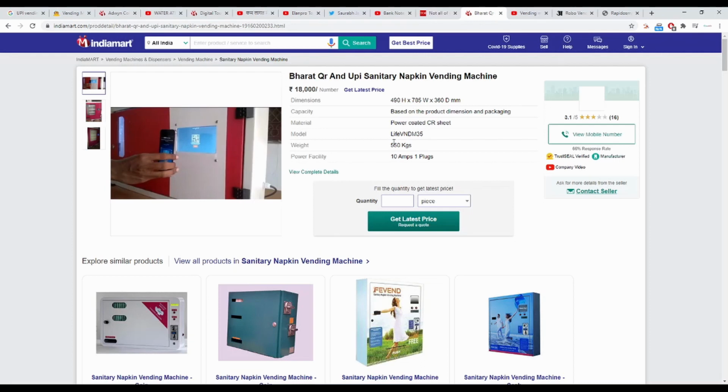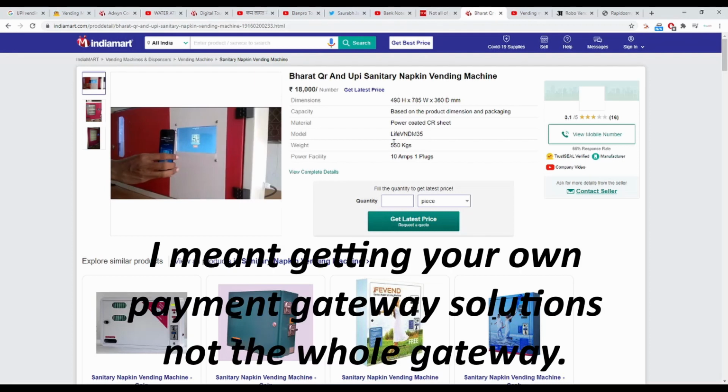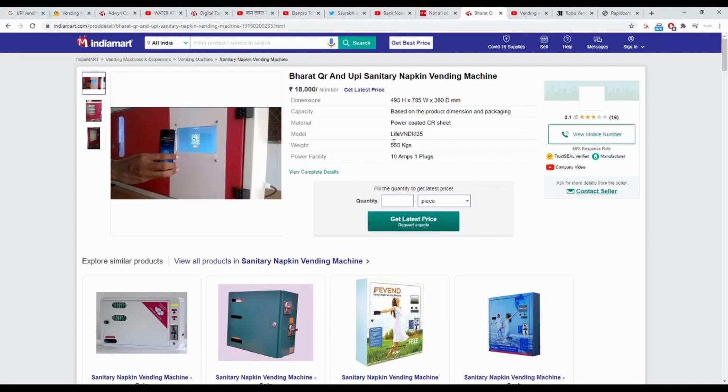Otherwise, the end customer who is, let's say, putting up a tea coffee vending machine, then they have to go through all the headache of getting their own payment gateway, which is not economical, which is not viable, because it's not just the payment gateway. You will have your own servers, your own database, your own support staff to handle all the different issues and all those things. And for a small tea coffee seller, it's not feasible to hire a legal team or an IT team or engineers to work on this payment gateway.